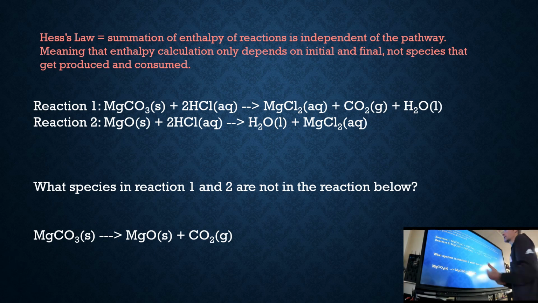We have two reactions. We have magnesium carbonate with hydrochloric acid and MgO with hydrochloric acid. And they make different products. They both make MgCl2 and water, but the first reaction makes CO2. So the question is, which species, or what